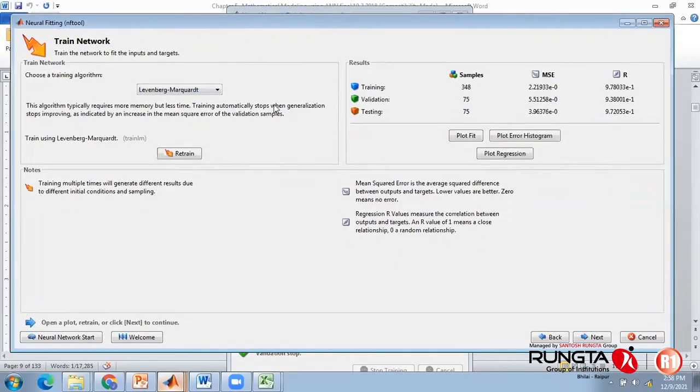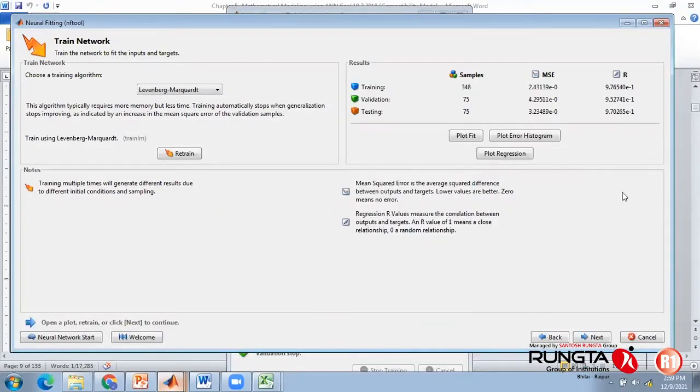Sometimes ANN is not very perfect because it is based on randomness, or random numbers. So every time you retrain it, synapses will get altered, and once synapses get altered, it is quite difficult for anybody to predict in which direction it will go. If I'm not happy with this, because the final limit for R is 100% and for MSE, the performance function, it should be 0, let me retrain it again.